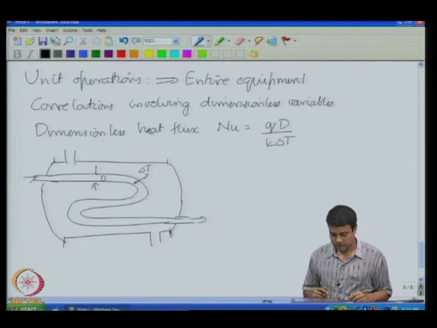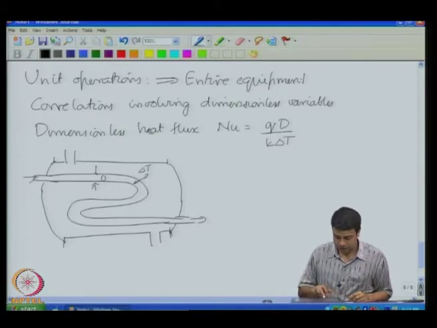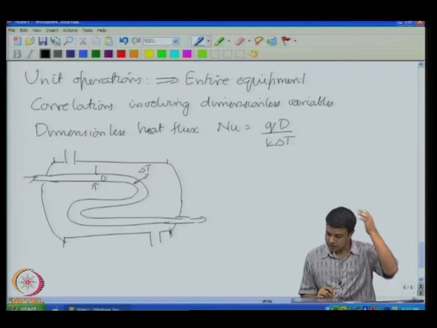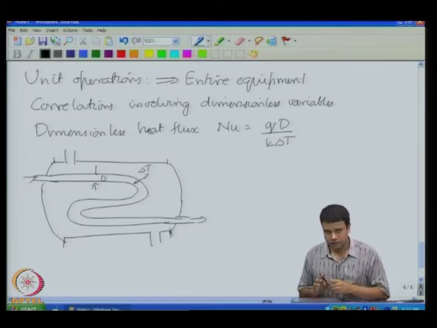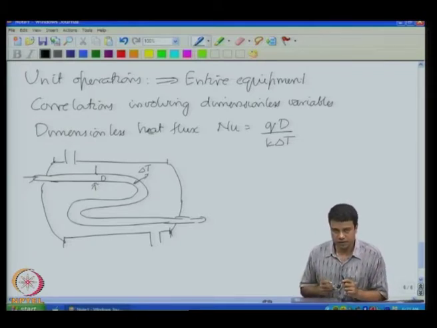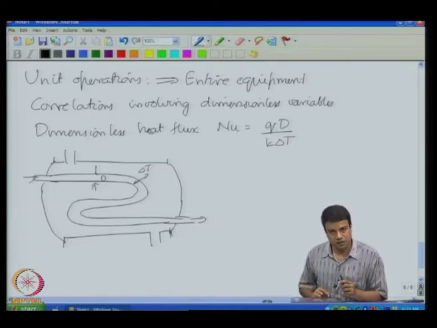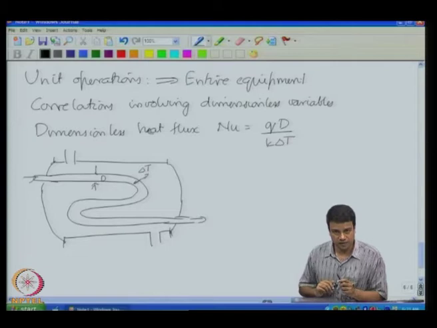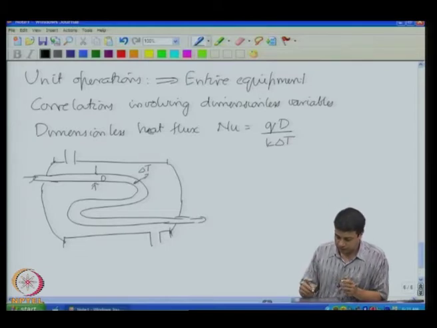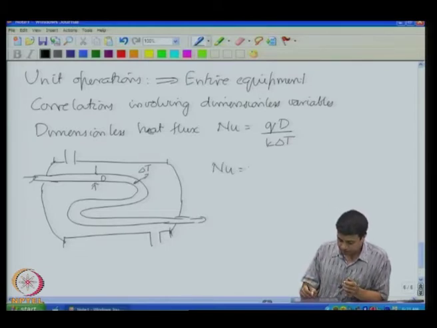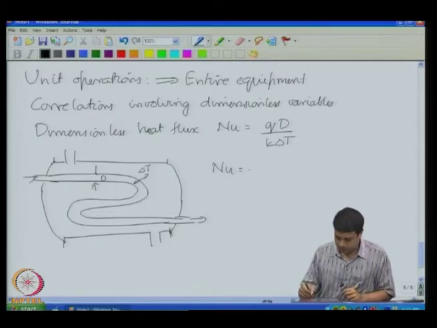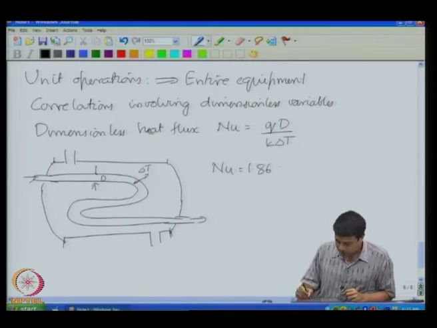This depends upon, for example, the temperature difference, the difference in velocities between the shell and the rate at which the fluid is flowing and so on, as well as the properties of the fluid, the specific heats, the thermal conductivity, the viscosities and so on. But once you express it in dimensionless form, you get only a small number of variables. For example, the correlation for the Nusselt number is of the form 1.86, Reynolds number to the 1/3, Prandtl